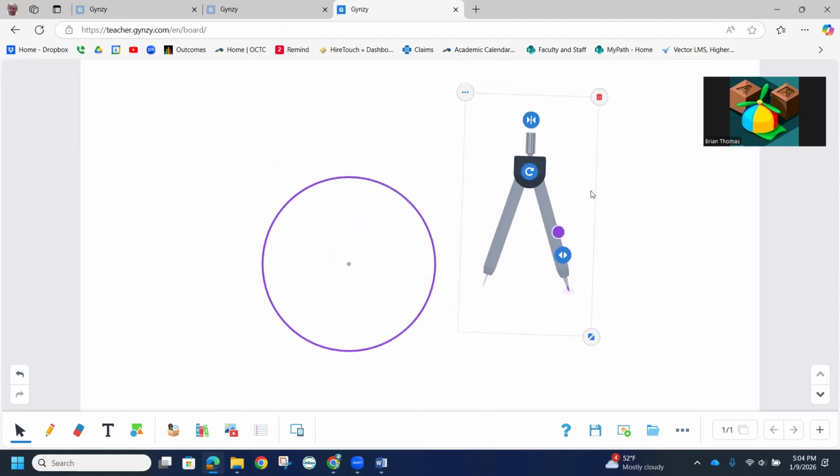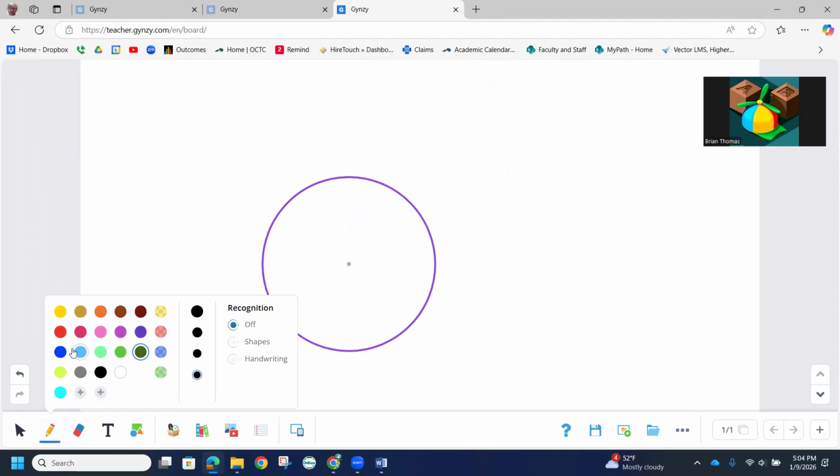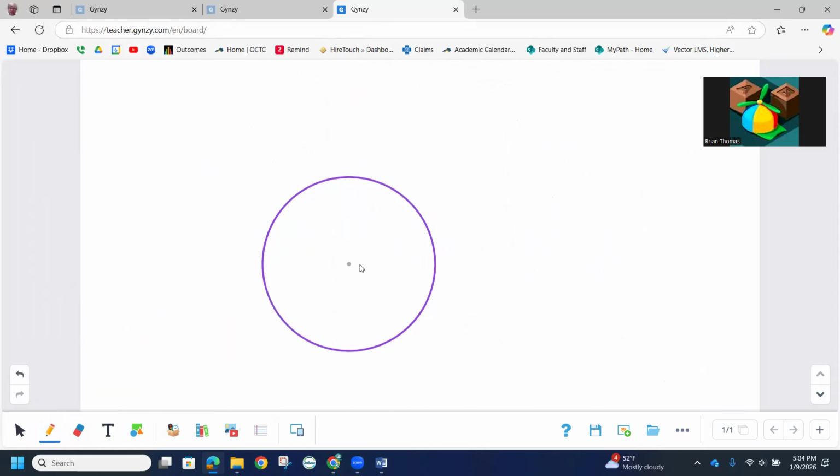Now let me get this out of the way. We can put this in the trash can. So notice how we have a circle. Let me pick out a color here. Let's see, we'll pick red. The center of the circle can be any letter. A lot of times they'll use O for the center. So if O is the center,